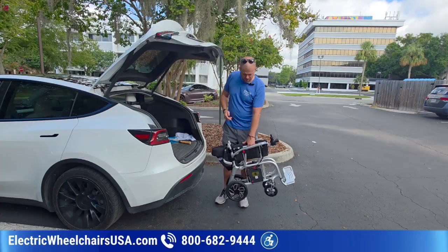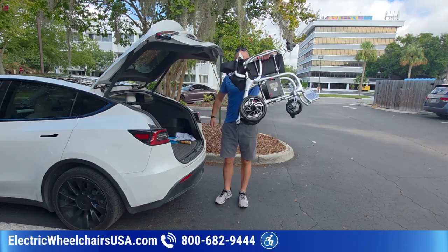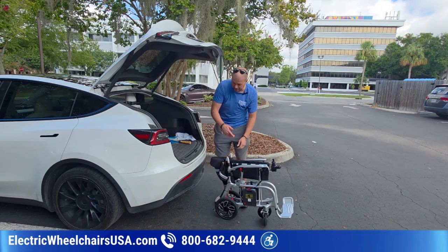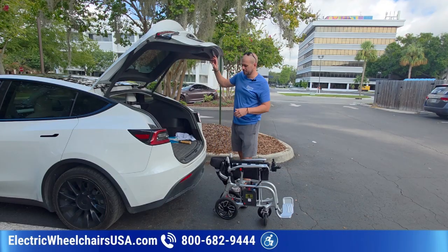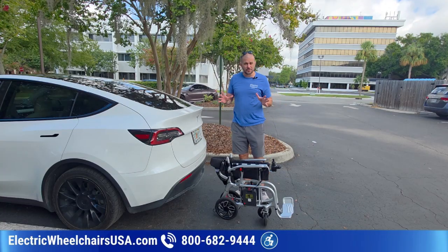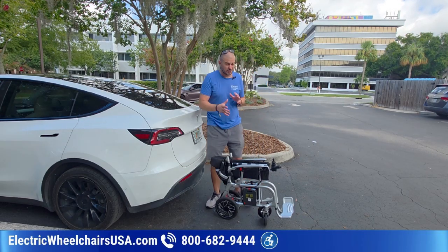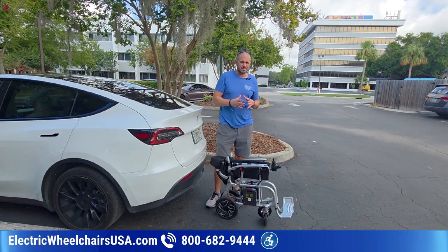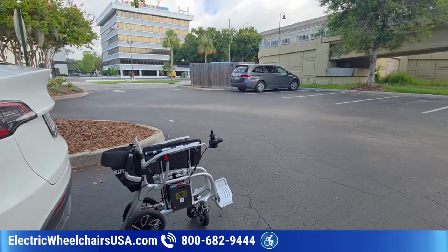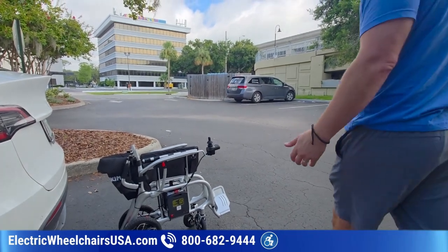So right now I have the 2 batteries in, and it weighs about 33 pounds. But when you remove the 2 batteries, it gets down to 26 pounds. So extremely lightweight. So if you're looking for something that is portable, lightweight, this is really a great choice. And a lot of these carbon fiber folding electric wheelchairs are typically priced $3,000 or more. And this one at the time of this video is under $2,600, so it's priced very well. But really just want to show you a little bit more about its features,